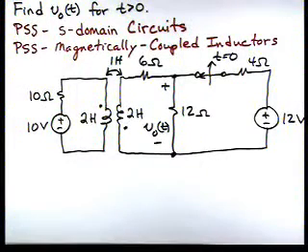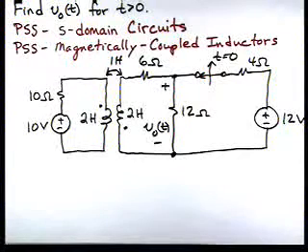In this problem, we're asked to find V0 of t for t greater than 0. We have a circuit with a set of mutually coupled inductors. We're going to utilize the problem-solving strategy entitled S-domain circuits, as well as the one entitled magnetically coupled inductors. So if we look at our problem-solving strategy for S-domain circuits, it says, step 1, solve for the initial conditions